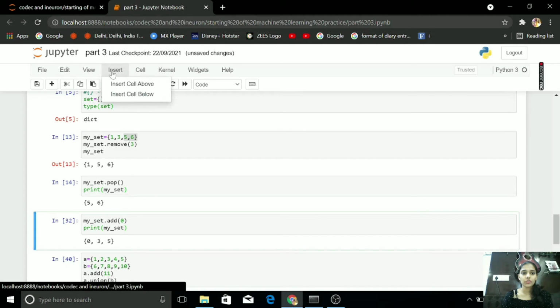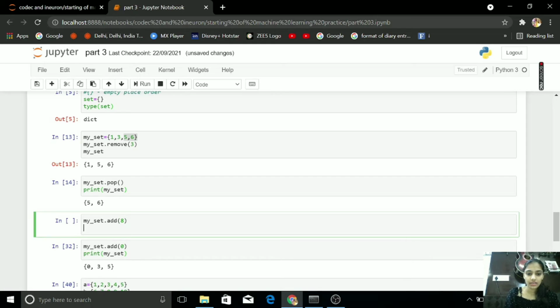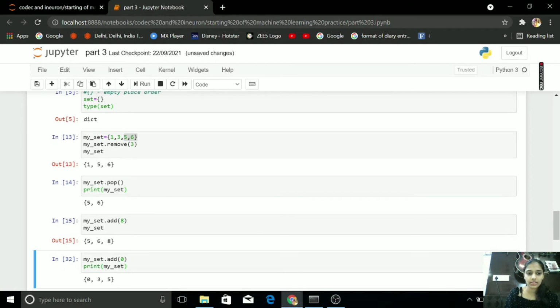Then if I want to add something in this, my set dot add. I want to add 6. No, I want to add like 8. If I run this, I am getting 5, 6, 8. Why am I getting 5, 6, 8? Why am I not getting 1, 3, 5, 6, 8?